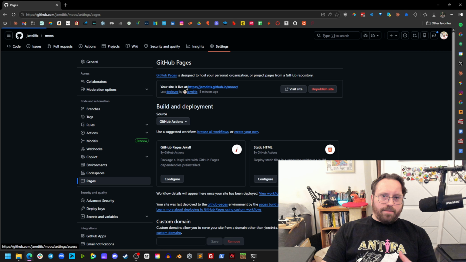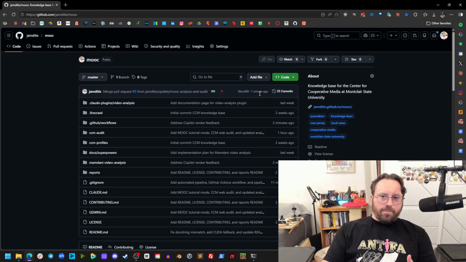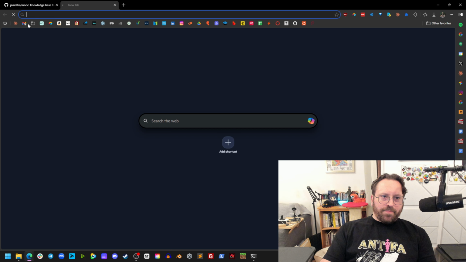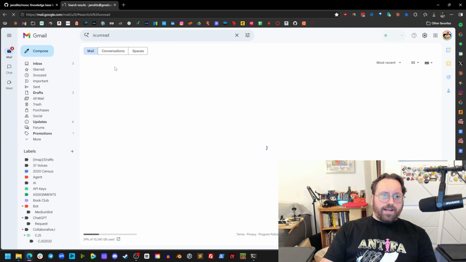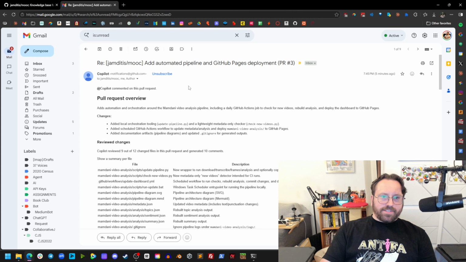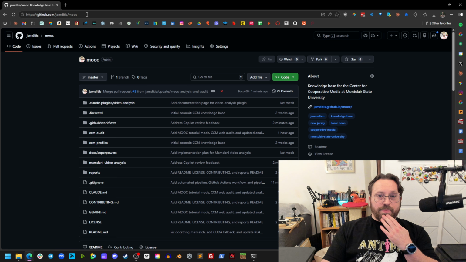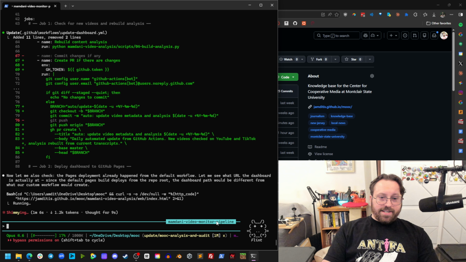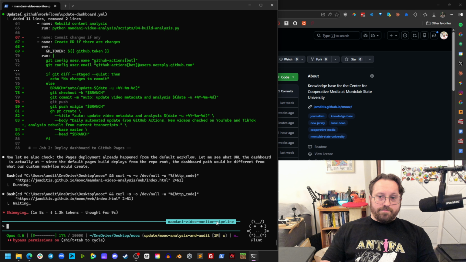And because I have GitHub Copilot set up to automatically review my PRs, and I have subscribed to that, I should have emails in my inbox here, which I do anytime Copilot leaves comments. So I have a built-in automation that automatically notifies me when a new pull request has comments. And since a new pull request automatically triggers the Copilot review, I will automatically have comments and I'll get the email.